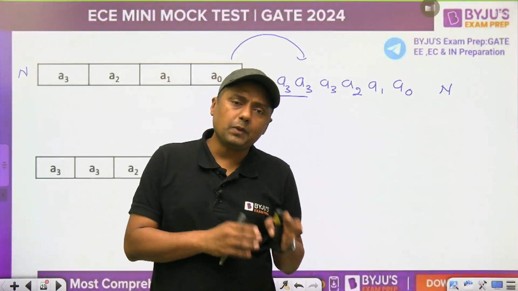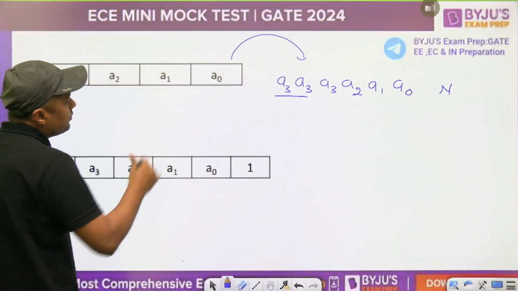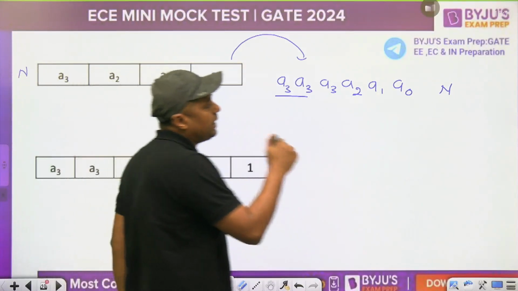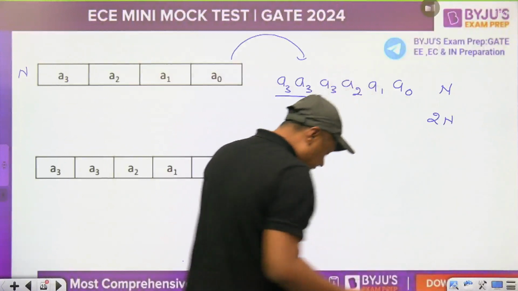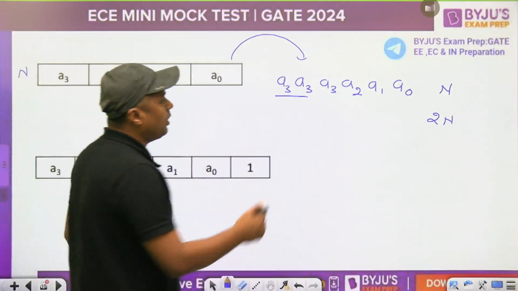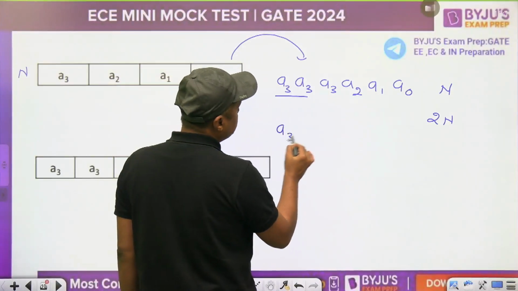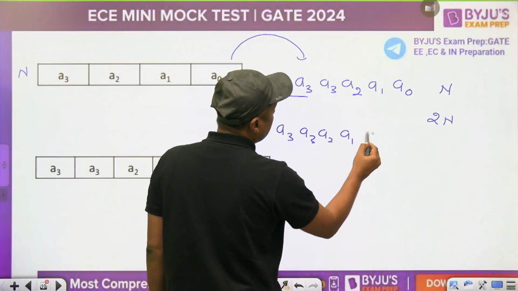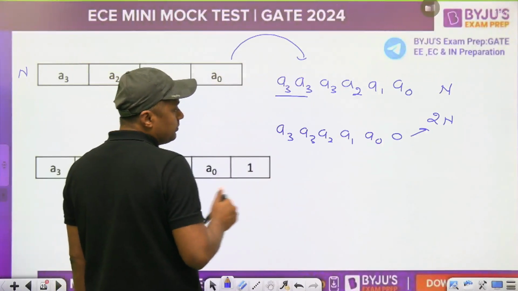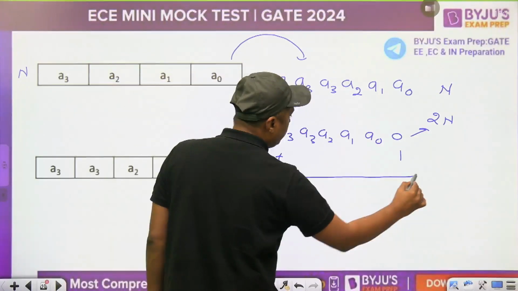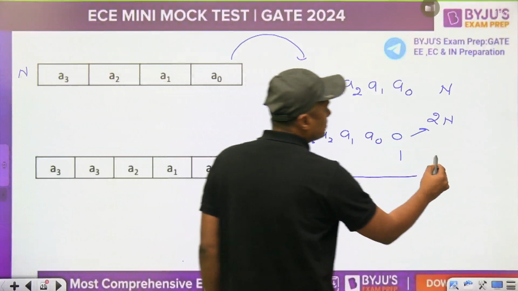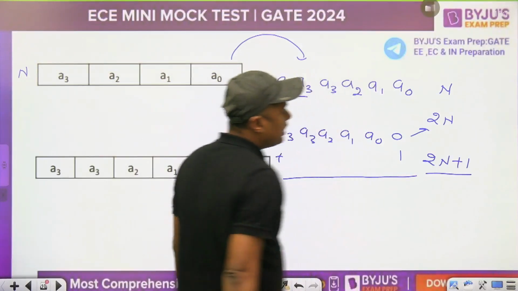Now, it is multiplied by 2, because here at the end we are getting 1, means first of all you have to make the end 0. So 0 means it is multiplied by 2. When we are multiplying it by 2, it is shifted left by 1 digit. So it will become, because it can store only 6 digits, A3, A2, A1, A0, and this will become 0. That is the 2n. But at the end we are having the 1, means we are adding the 1 here. When we add 1, it will become A3, A3, A2, A1, A0, 1, and this is nothing but 2n plus 1. And that's why the answer for this question is D.